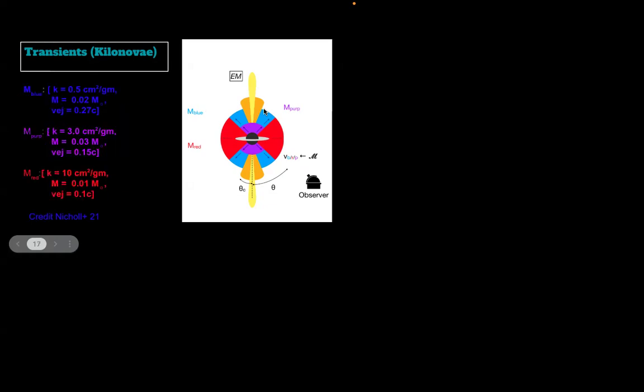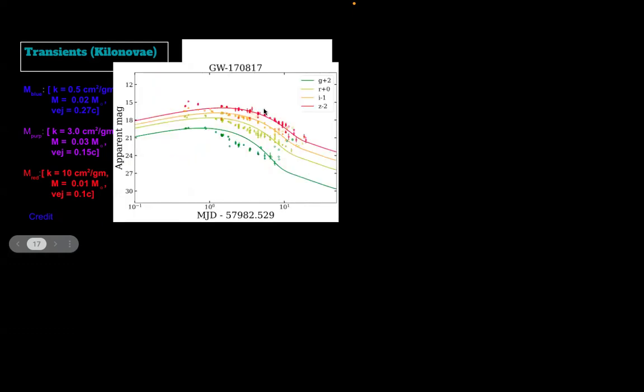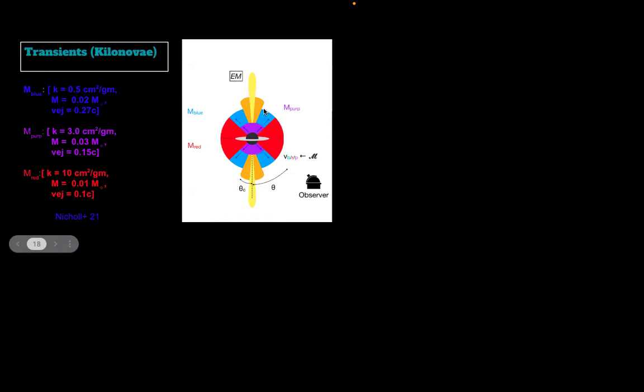So here, these are the different opacities and the masses that have been ejected for GW170817, the kilonova that we know of. These are the fit models. But it's not to scale, right? Because the total mass is less. No, this total mass is the ejecta mass, and then there is also a black hole formed. So all the mass that you will see in the electromagnetic part.